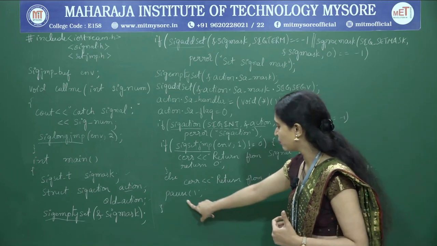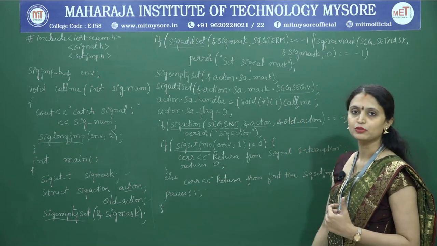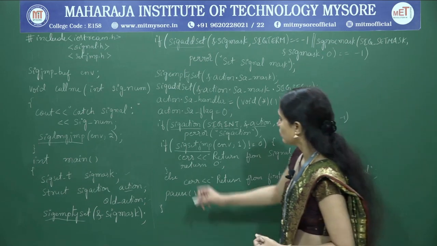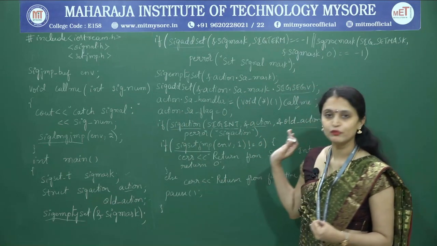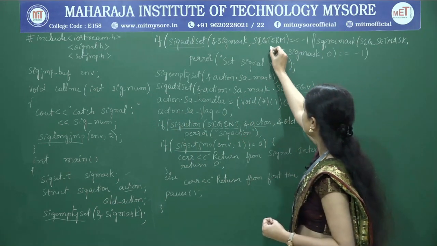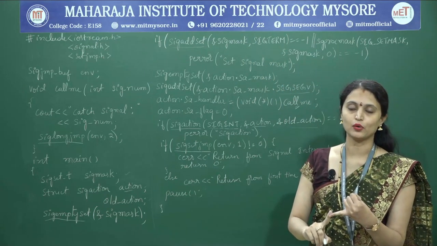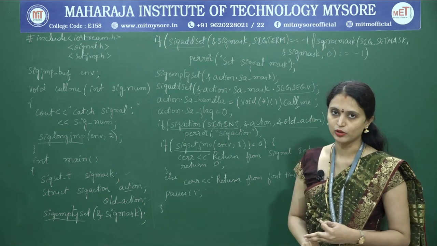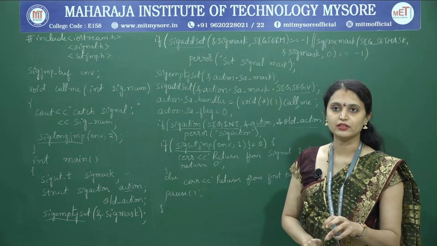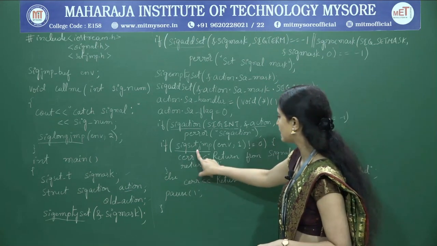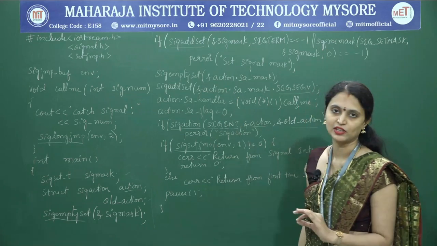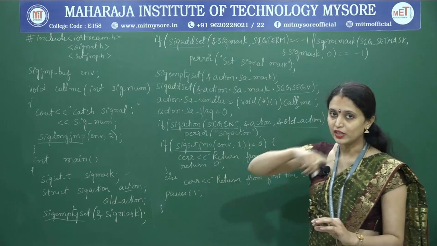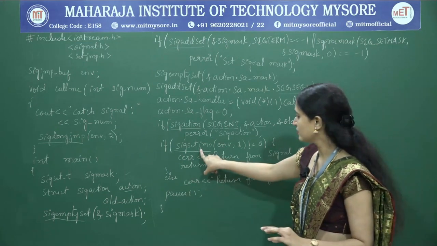Then we are invoking this pause API, which will wait for the interruption signal from the keyboard. Actually, how it works: through this program, we have added the signal SIGTERM to the signal mask. That is the first task. Then we have created a signal handler for SIGINT. Third step, we are saving the location within this program by using sigsetjmp, saving the process signal mask by passing 1. It will be saved into the environment variable. During the first execution, it will return 0.